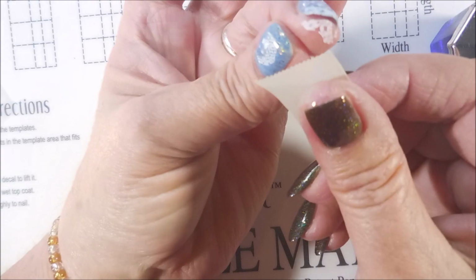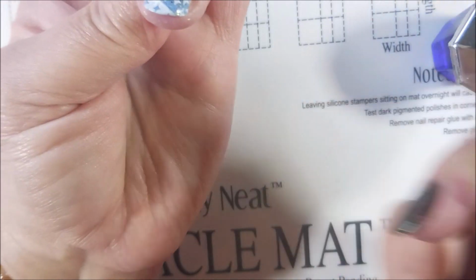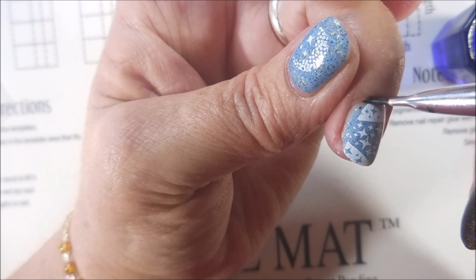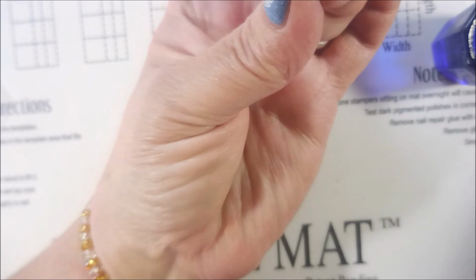Get my little mat clean. And I'm going to hop in with a piece of tape and get some of this excess up. Ooh, that stuff's coming up so well. Very, very nice. Easy peasy. And now I'm going to hop in here with my cleanup brush and some acetone and just straighten it up just a little bit. Not much to clean